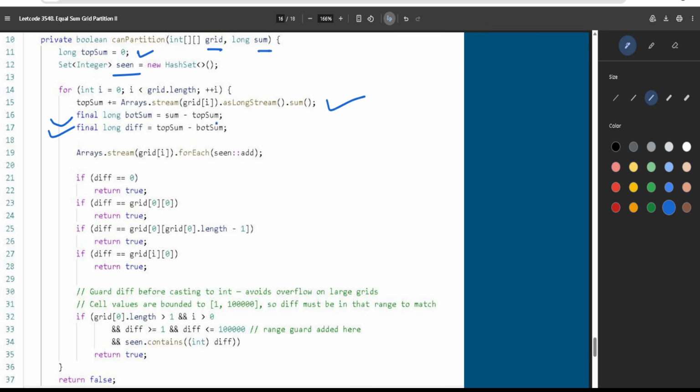So sum minus top sum, we have already calculated the sum, so we'll do sum minus top sum and you will get the bottom sum, and then you will find the difference, right? Then Arrays.stream we will do, and over each cell we can iterate, right? So we'll keep adding on the seen. Basically on seen we are doing the add, means this cell is getting added, means grid at i is getting added on the